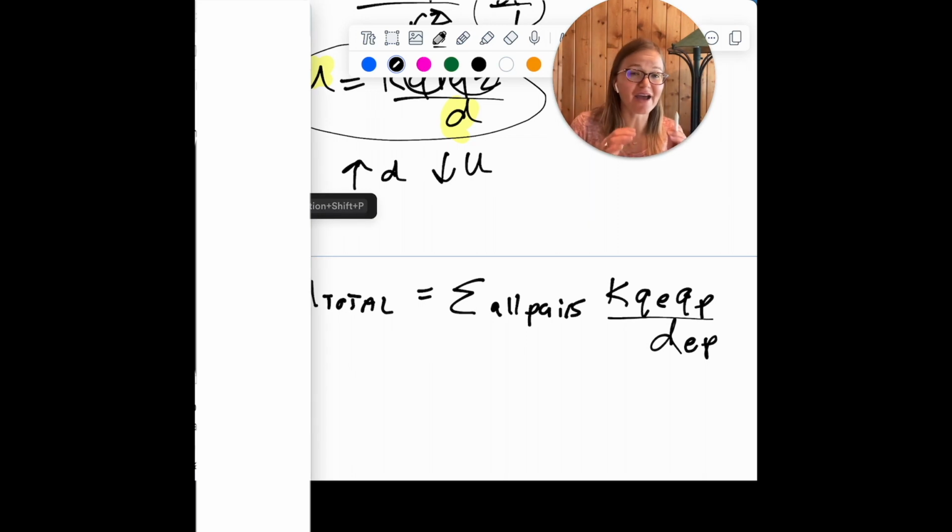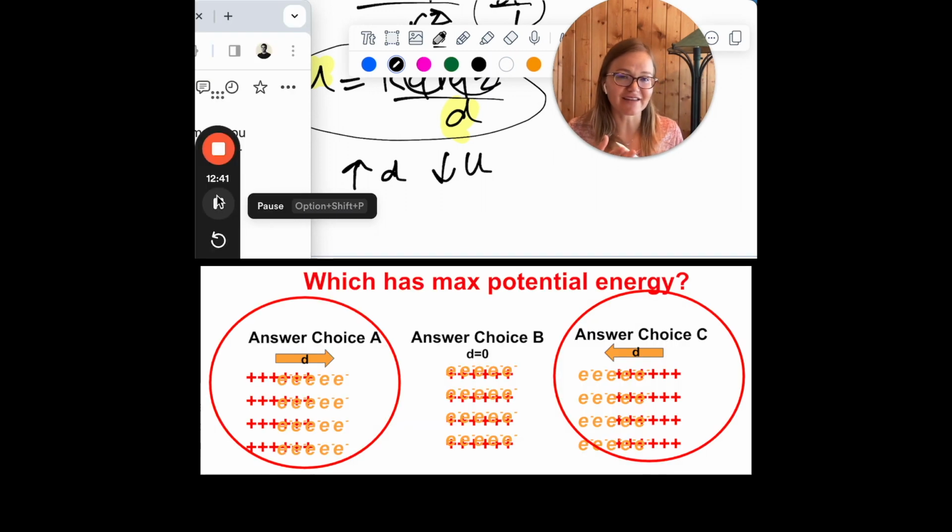So in other words, as we move our sea of electrons farther from our positive ions, even though the work done on a per charge pair basis might decrease, you're going to be doing more work overall because you have to do work on all the different charge pairs. And because you're doing more work, you're storing more potential energy. So that's why our configuration A and C that shows our sea of electrons either moving quite a bit to the left or to the right of our positive ions is going to represent our states of maximum potential energy,